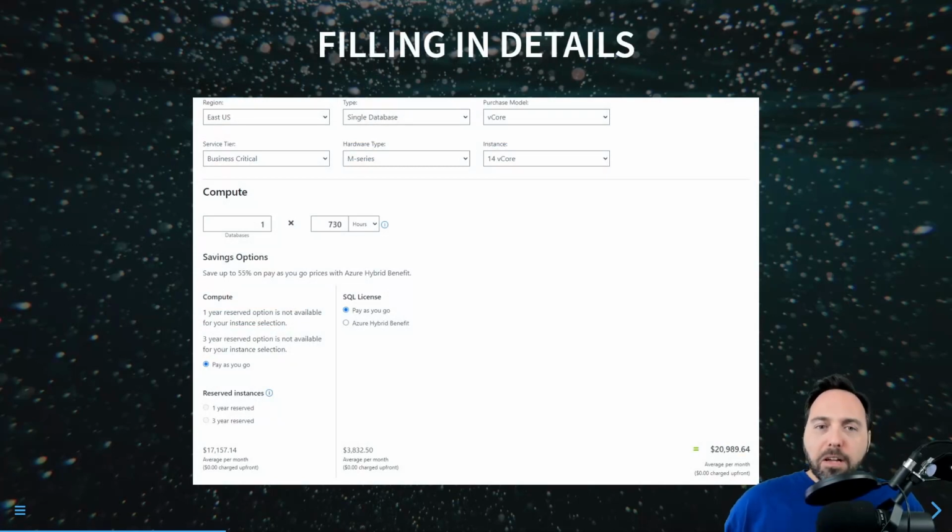Now, the way that it shakes out is that even within something like Azure SQL Database, there are a variety of options that are available to you. Do you want a single database or part of an elastic pool? Do you want a vCore model or the old DTU model? For service tier, do you want it to be business critical or general purpose? The hardware series, do you want more memory or more storage or more CPU? What's the relative loadout that you want? And how many vCores if you're in a vCore model, or what DTU level if you're in the DTU model? Also, don't discount region. It turns out that different services have different prices in different regions.